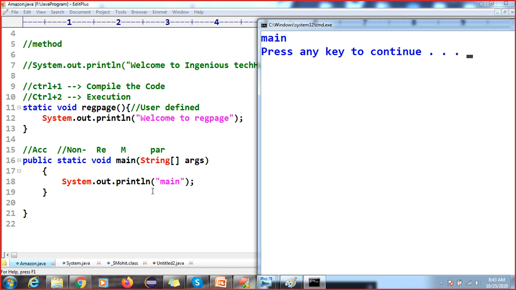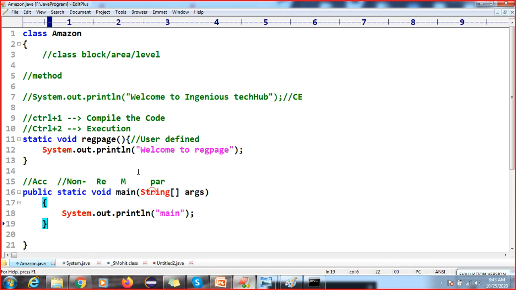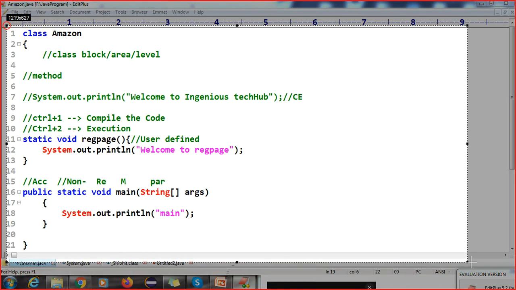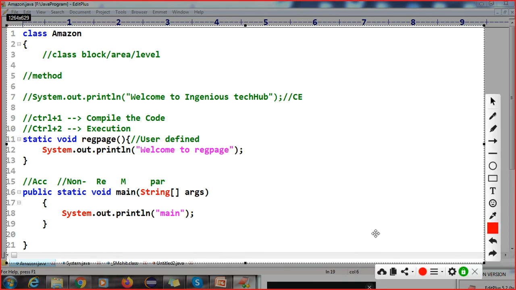So what happened here? I will tell you one more question. See, in Java we have two types of members. One is called a static member and one is a non-static member. Got it, right?